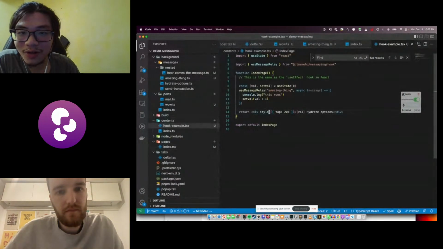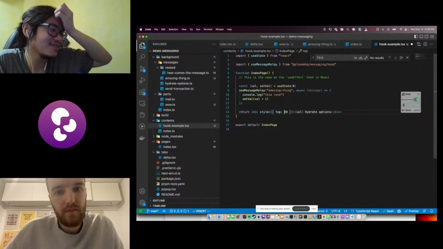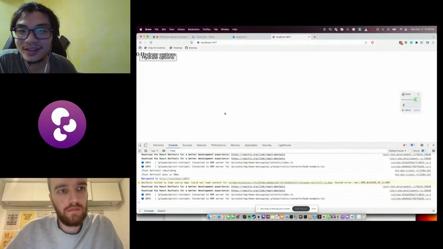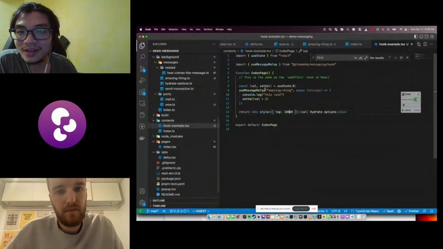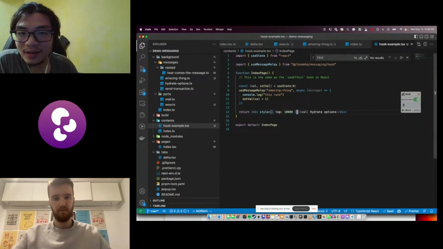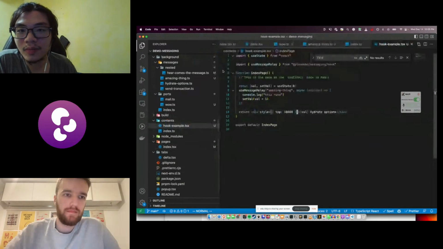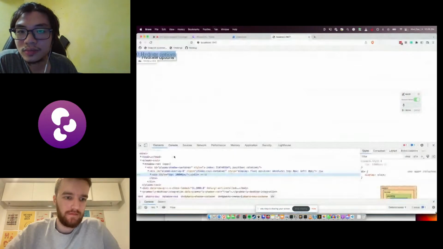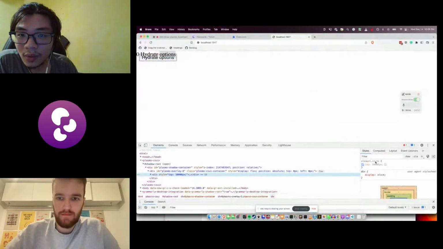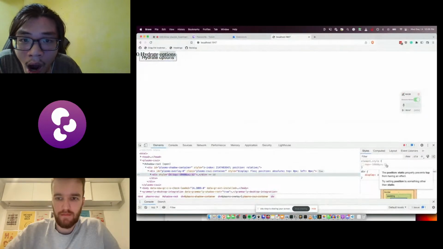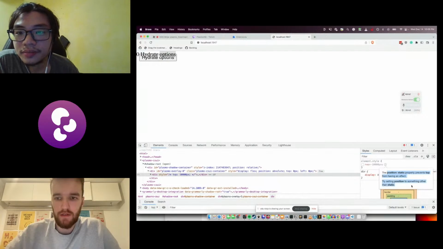Because you have to do like 500 or something. Wait, what? Weird. No idea. Position static property prevents top 100 effect.